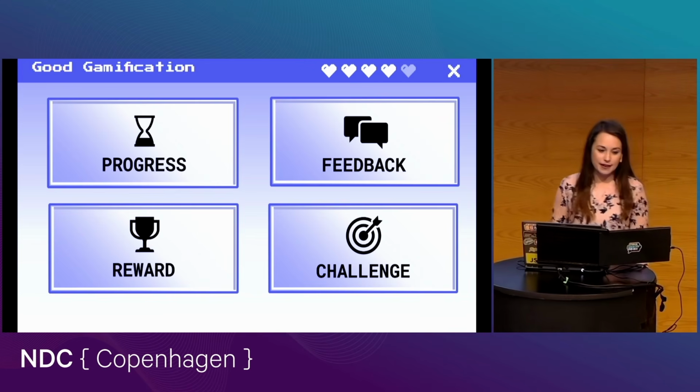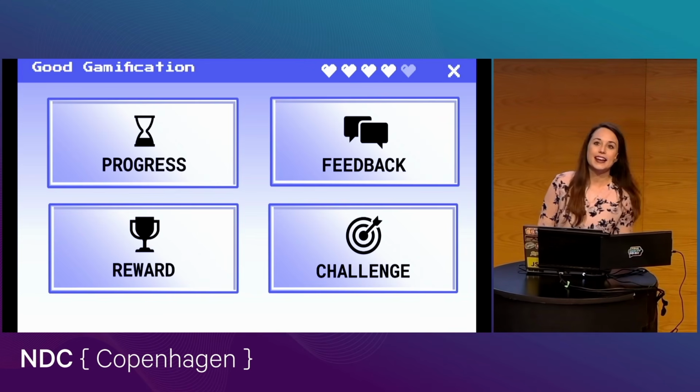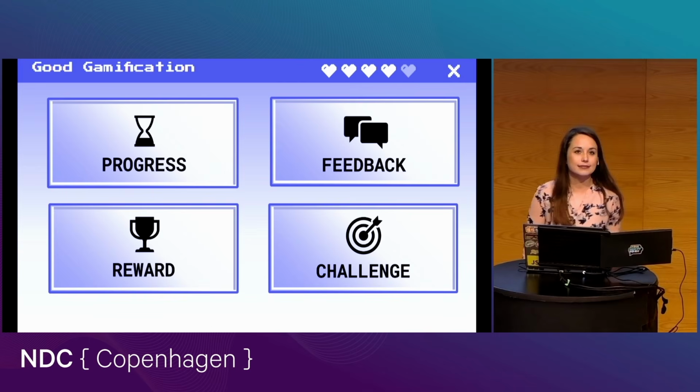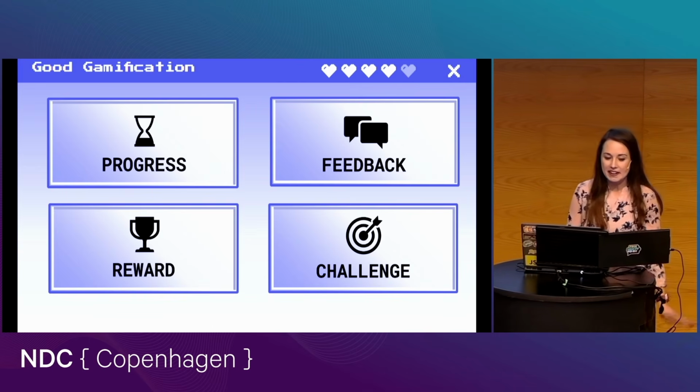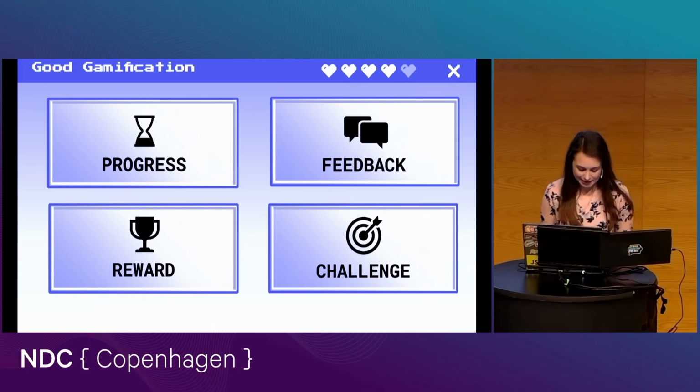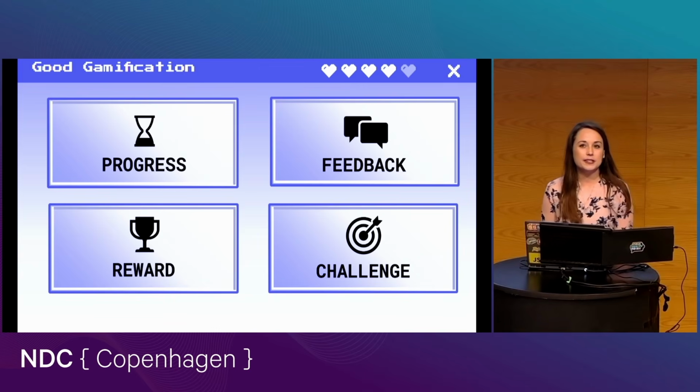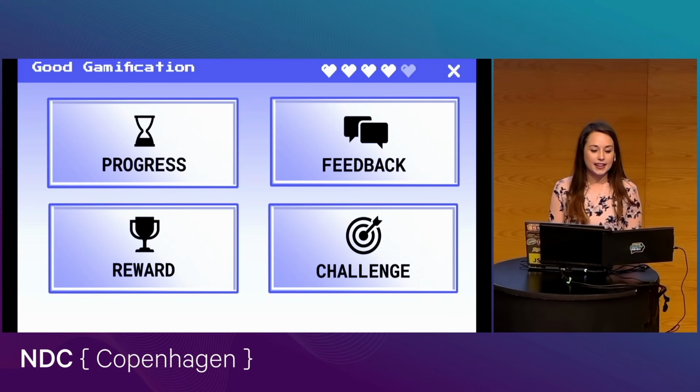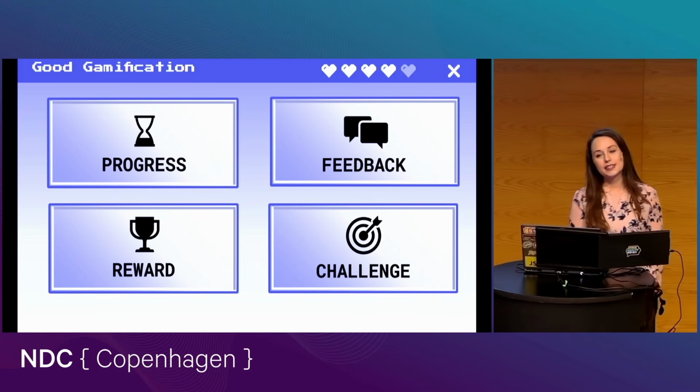And then finally, we do have the fourth piece, which is reward. And when I say reward, I'm not necessarily meaning little things like confetti. A really good example of this, at least more so within the US, is Starbucks, which does a good job with their rewards program, and they keep you coming back, right?